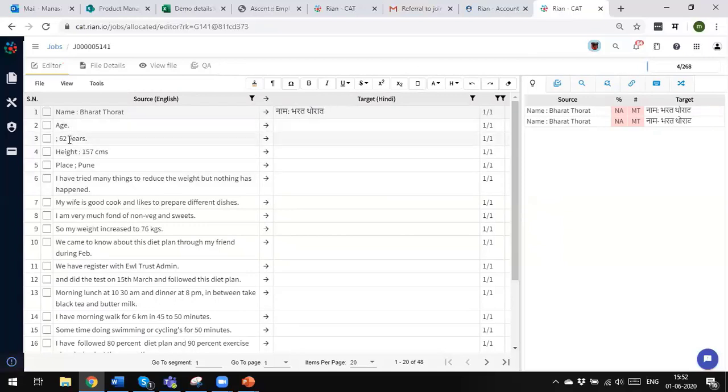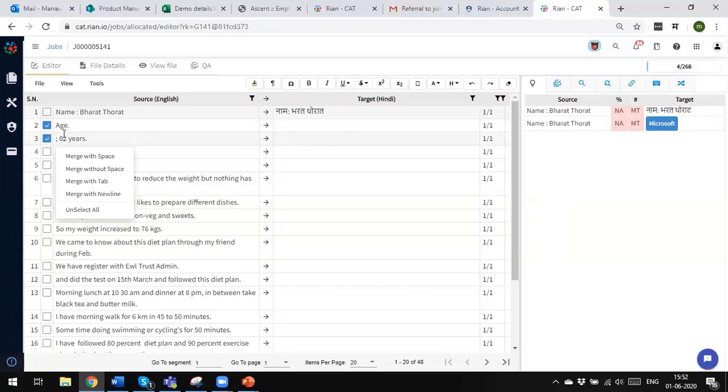Now I can see these two are separated. I need to merge these two, age and 62 years. These need to come in one single line. If you come across any such lines, you can tick those two lines and merge with space. So automatically this particular window will appear when you click on two different lines. You can merge